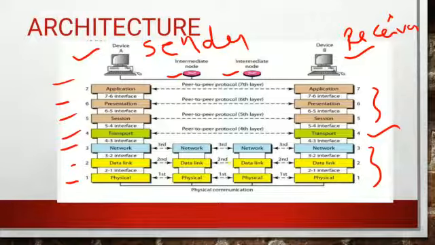So for example, what is this application? If you want to transmit data through email, first you need to open the application called Gmail. Gmail is an application. Now you will start transmitting the data, meaning sending a mail by using that application. At the receiver device also, it will receive the data in the form of an email only. That means to open the message, the receiver device will definitely open the Gmail application.